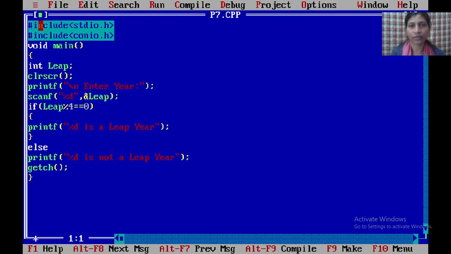So remember this. Okay. See this question. If you are doing this leap year program in an exam, the examiner will ask what a leap year means and how many days come in a leap year. So you should know this. In a leap year, 366 days come. In a normal year, 365 days. In February month there is an extra day, so 29 days, so that year is a leap year. That's called a leap year.